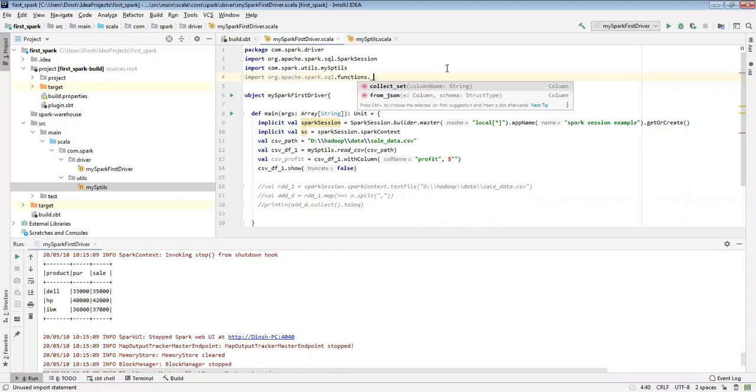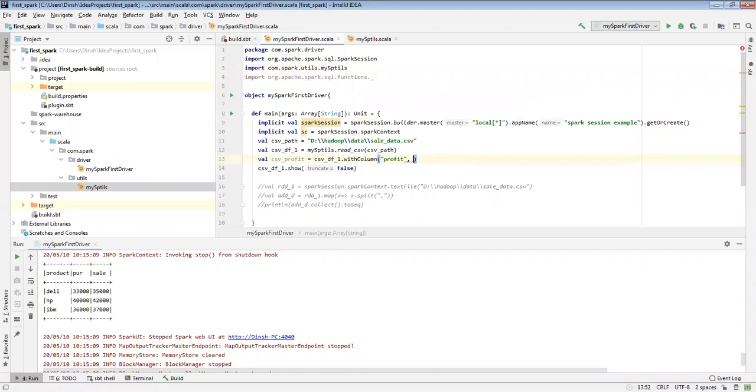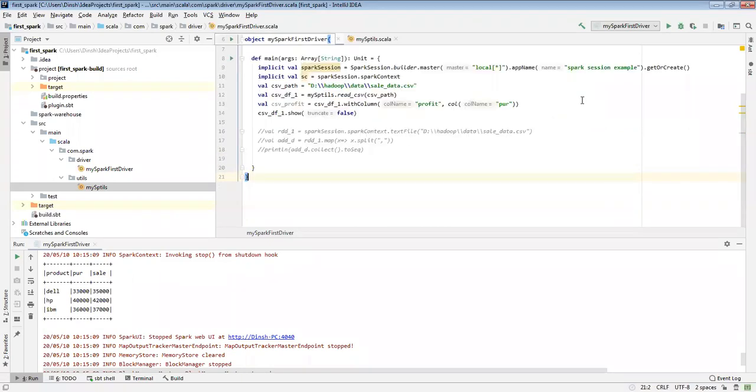Now I can call col, which means column. So the column is sales minus purchase, correct?